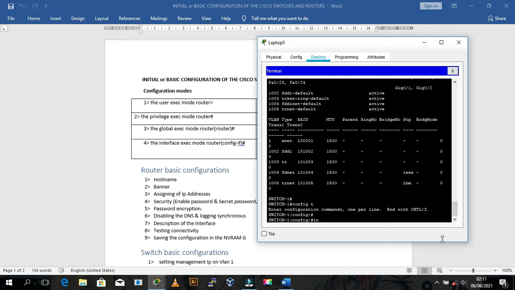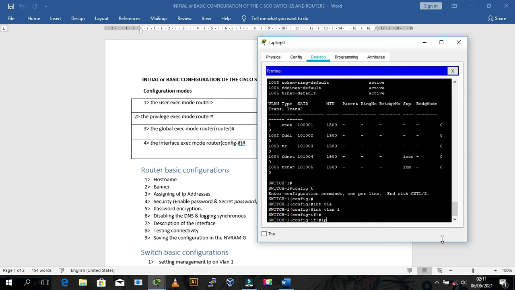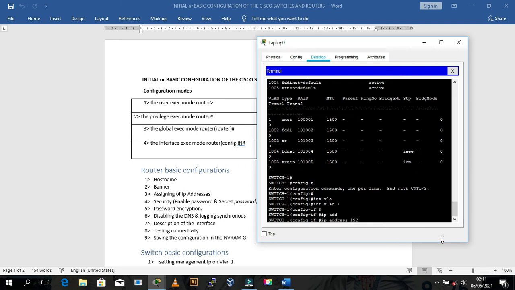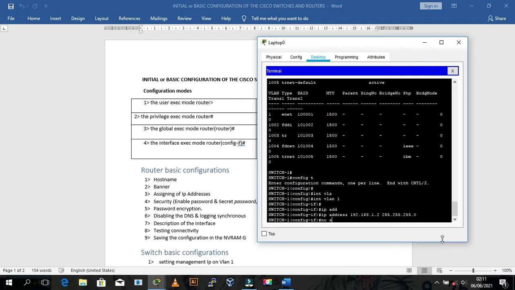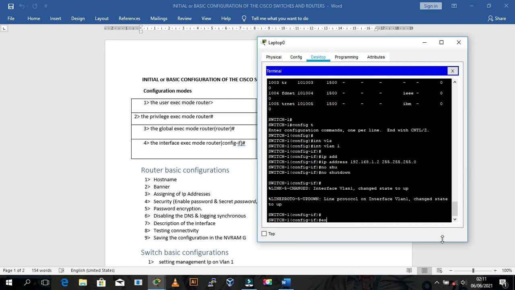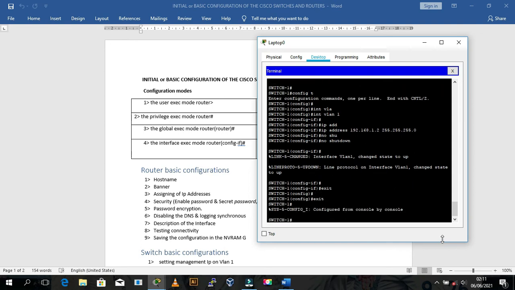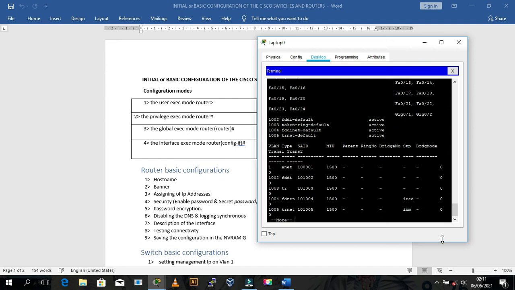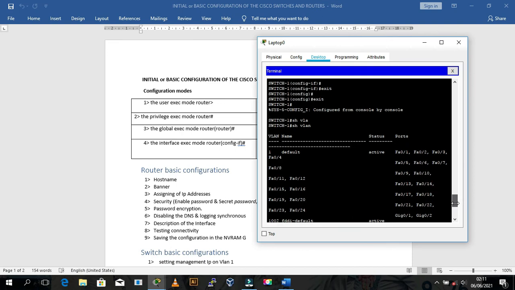So let us go ahead and now configure the IP on that, something which is different from the router, because it has two but this one has only one. So you go ahead and say interface VLAN 1, then IP address, then give it the IP. Since it's in the same network, I'll give it 2. Then no shutdown. So when I exit, okay, when I say show VLAN,